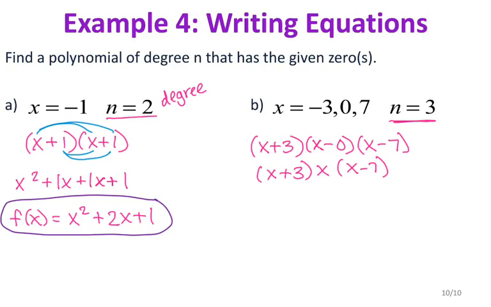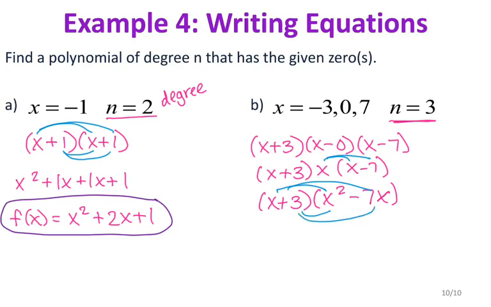And that x in the middle also looks weird, so I'm going to go ahead and distribute it. Now when you distribute the x, you can only distribute it into one parenthesis, one factor. Do not put it into both, because then your degree is going to be a lot higher than 3, as it should be. So I'm just going to distribute it into the second parenthesis. So I still have my x plus 3 right here. When I distribute the x, that's x squared minus 7x. And then I'm going to go ahead and multiply